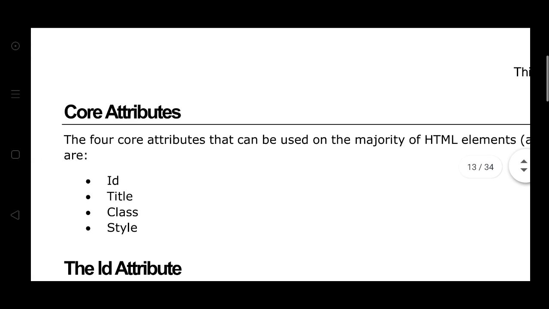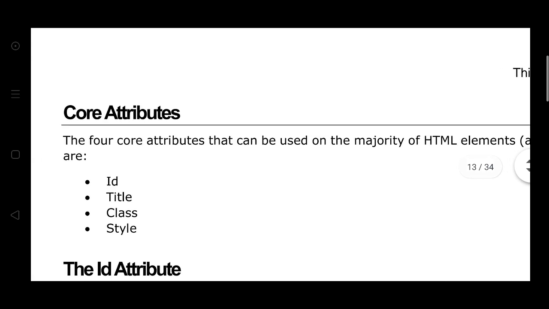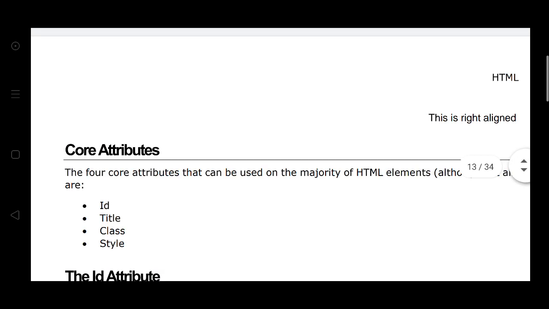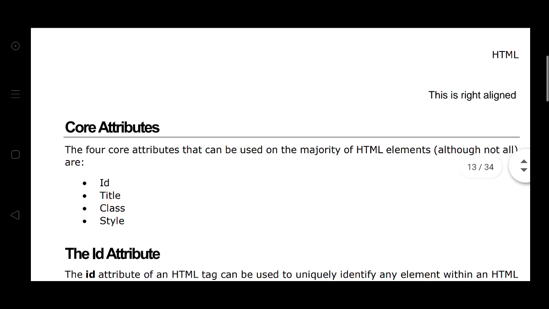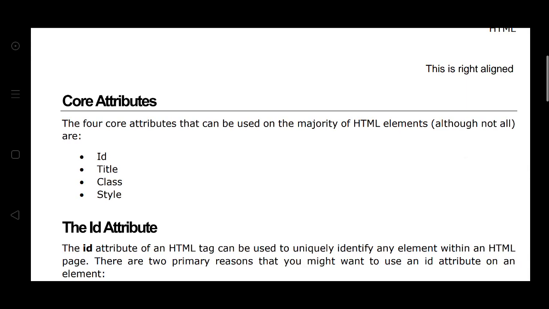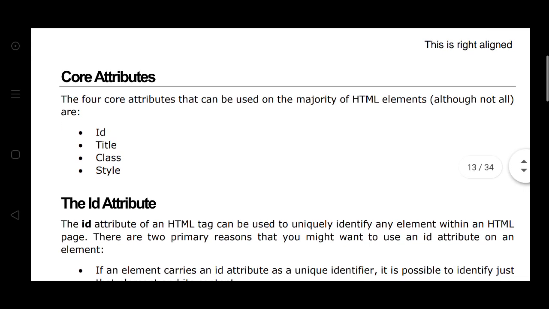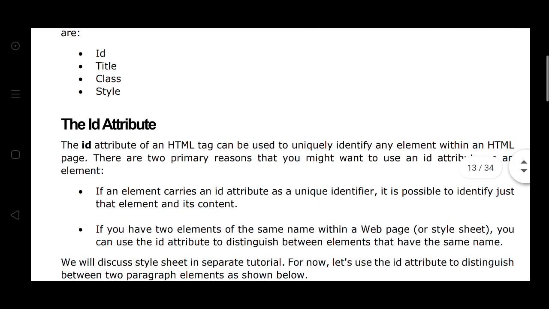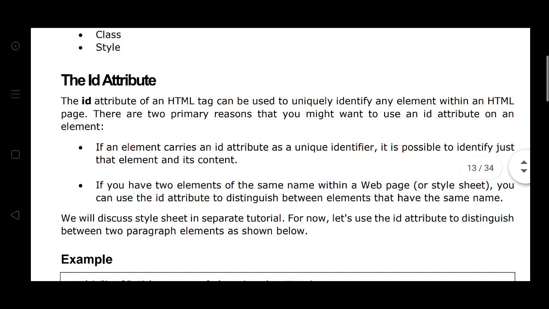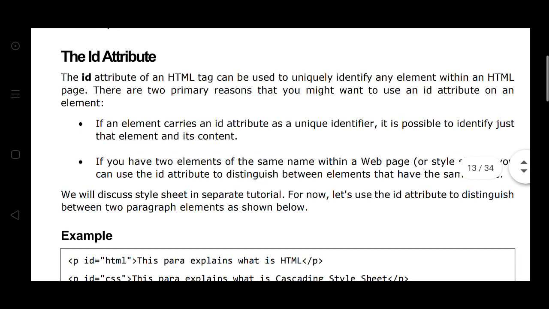The next topic is core attributes. There are four core attributes that can be used on the majority of HTML elements, although not all. The four attributes are ID, title, class, and style. The ID attribute of an HTML tag can be used to uniquely identify any element within the HTML page.